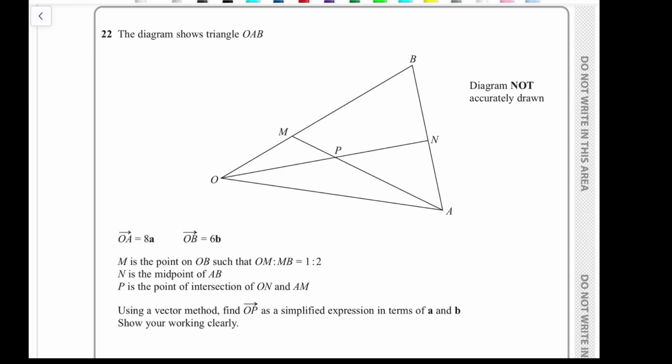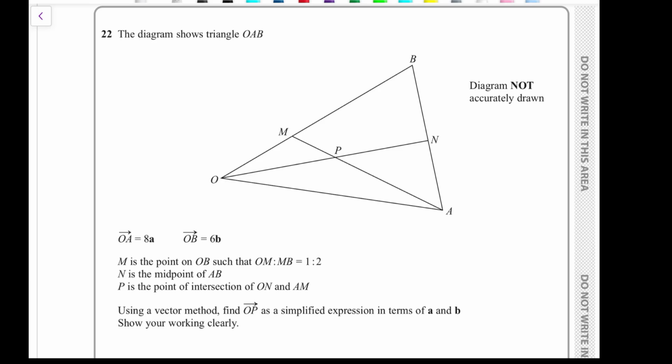Welcome back to the channel, and we're working through some harder GCSE questions, and I've chosen 5 to start with, and then we'll do another 5 and then another 5 after that, and slowly work our way through the harder questions. At this stage I will say, if there's anything you found that you really would like me to do, let me know and I'll push that up the list a bit, but for now we're just looking